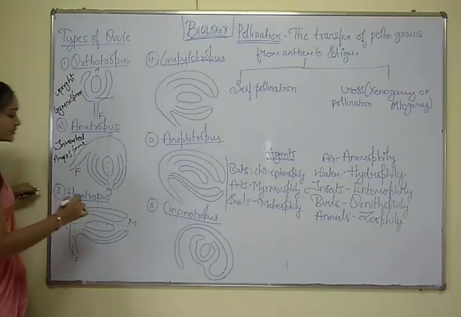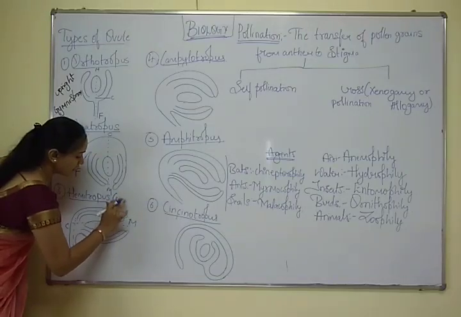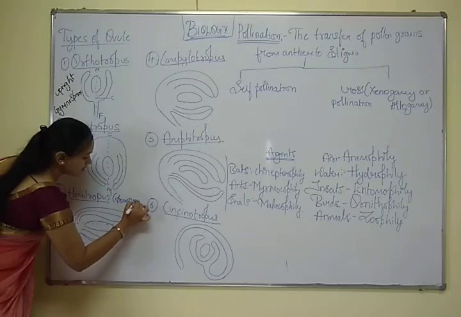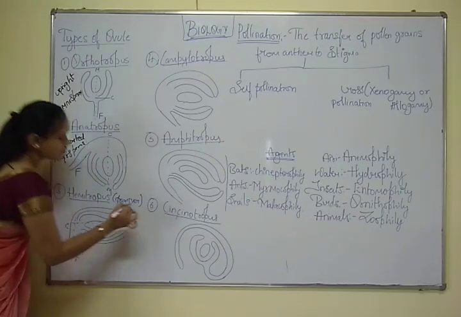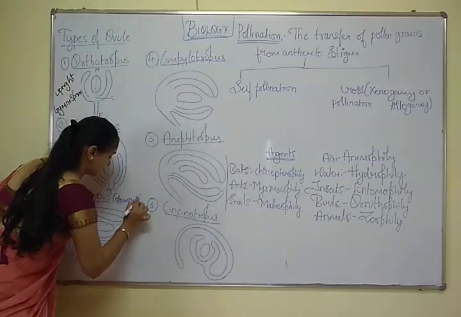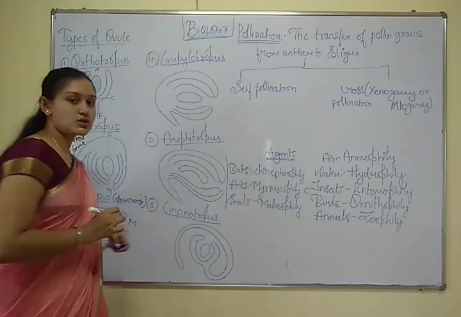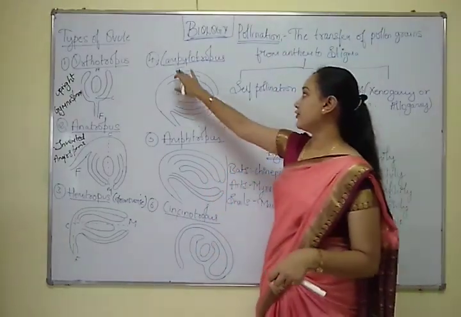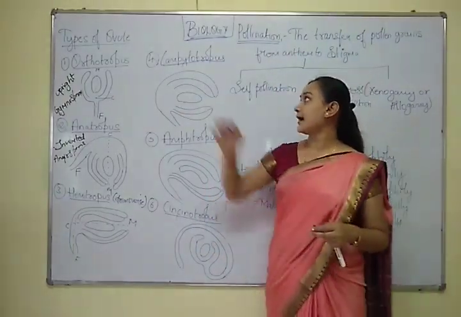This hemitropous ovule is also called a transverse ovule. And the next type of ovule is the campylotropous